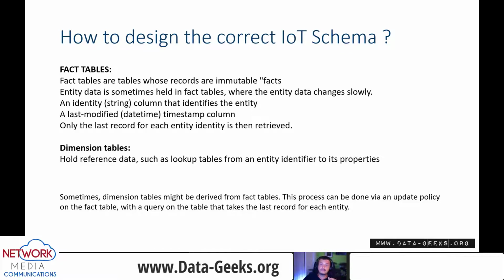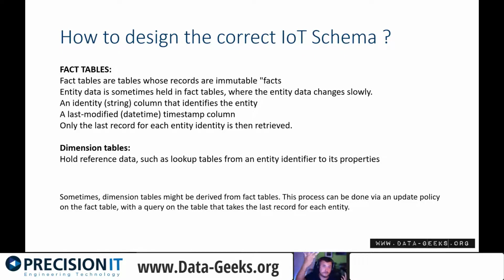But normally you use 3, 4, 5, 6 columns in the fact table. So the entity data in the fact table contains an identity, a date type, the value, and the sensor name, for example. No other columns,